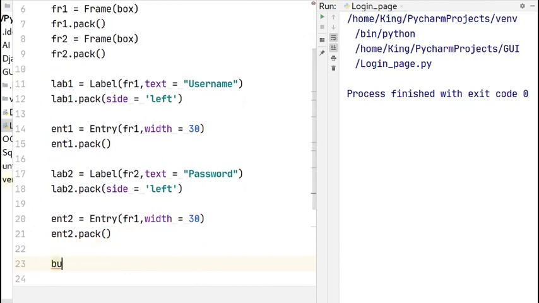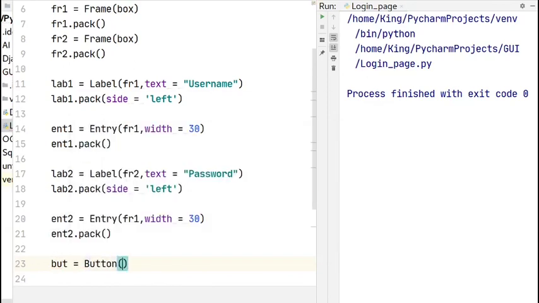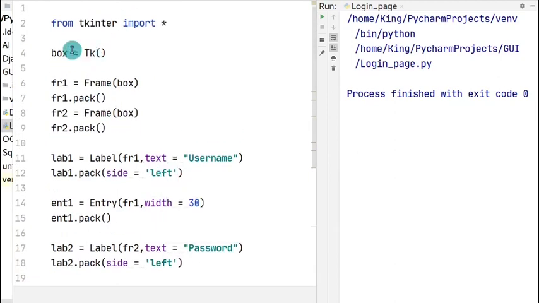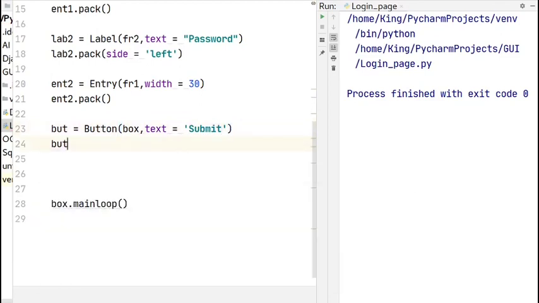So I'll take BUT as a variable and I'll create a button, and this button I'll not create on any frame. In fact, I'm going to create it directly on the window. So the variable which is referred to for the window is box. So I'll write as box, and the text which is to be written on the button is submit. And finally, we are going to pack this.